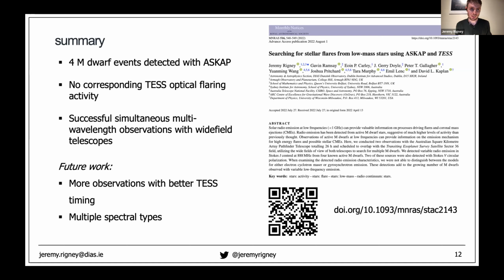I'm almost finished actually already, so I've flown through it. So our research, what we wanted to do is in one observation, try and get this simultaneous radio and optical emission from many M-dwarfs to try and better understand their activity levels. So radio emission provides a potential mechanism for detecting unambiguous signals of coronal mass ejections, which has huge impacts for exoplanet habitability, as we know.